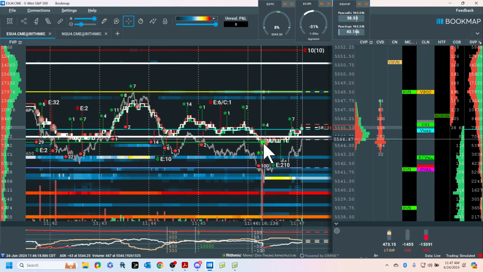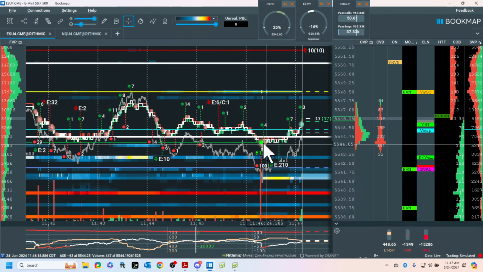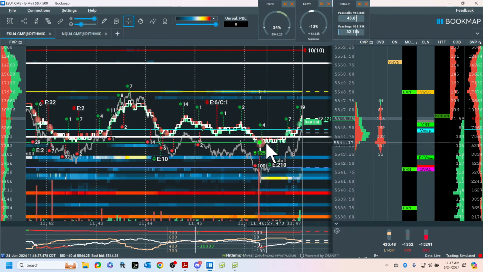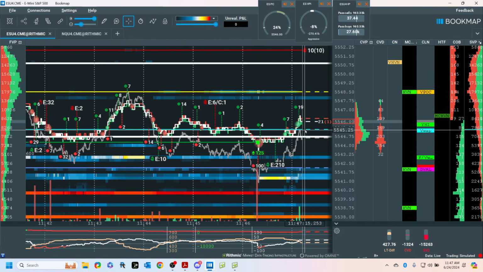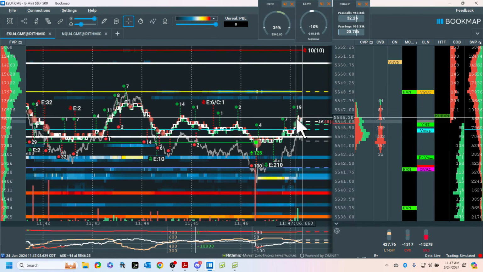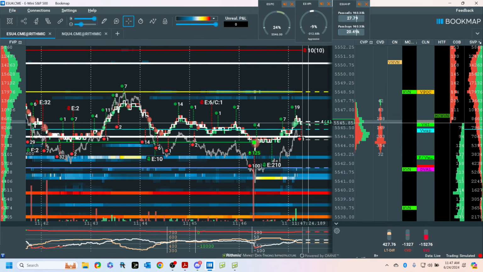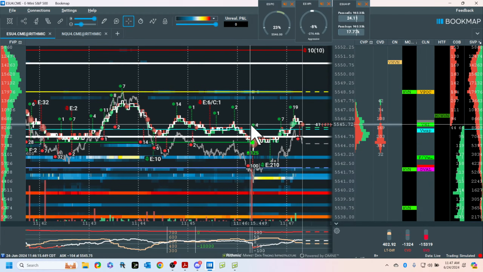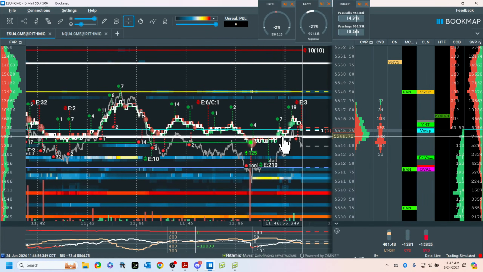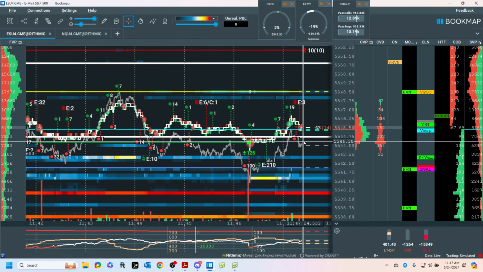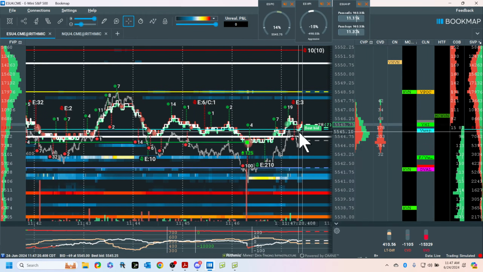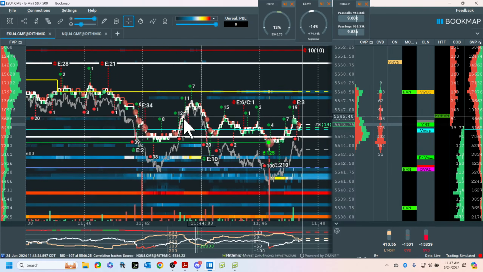Now let's watch this. Sellers were absorbed, buying icebergs. This also can be a potential long. Now you see the green bubbles? So I have aggressors now. So let's see if there's a difference, if anything, and these are not trade recommendations. Let's see if there's a difference in behavior now.